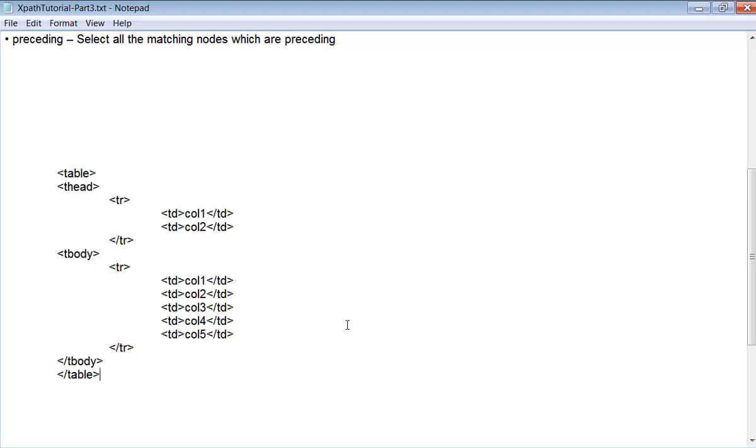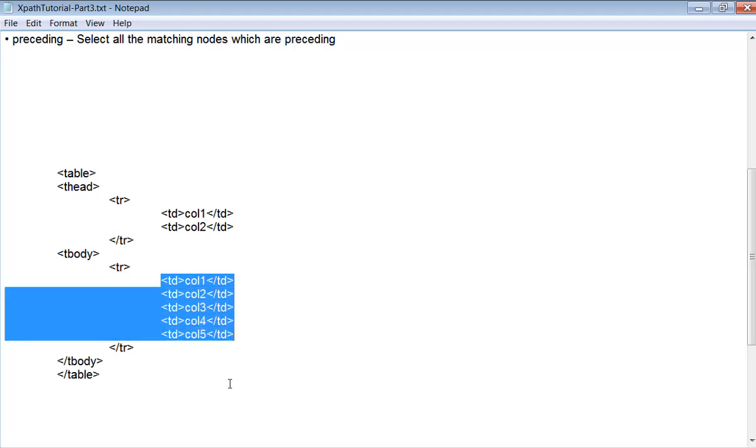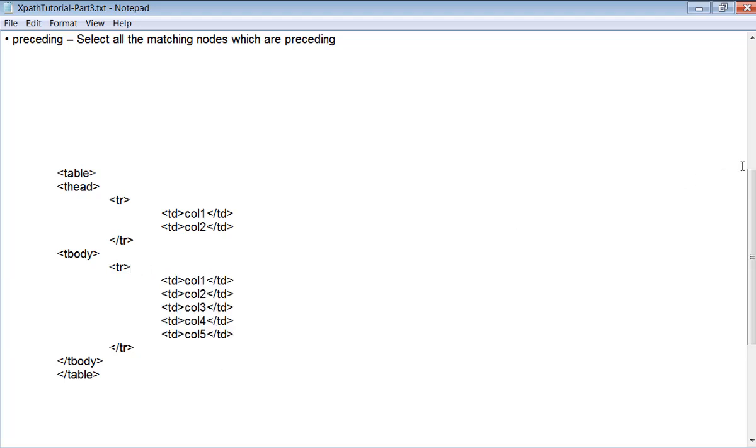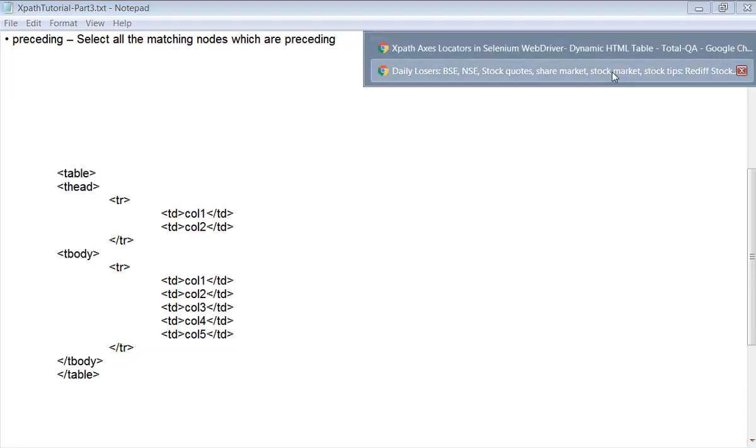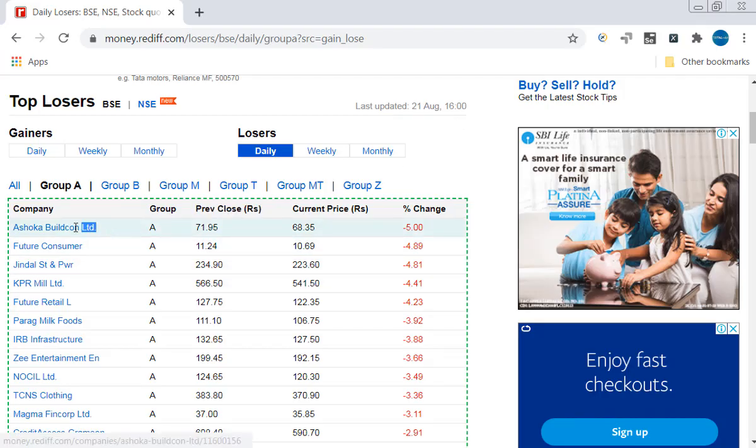Now we are interested in fetching the data available in these columns, because the row might change. If you look at the row index for Ashoka Buildcon Limited, today the row index is 1, but tomorrow the row index might change to 3rd or 4th. So when I start writing my XPath, I should not depend on the table row index.